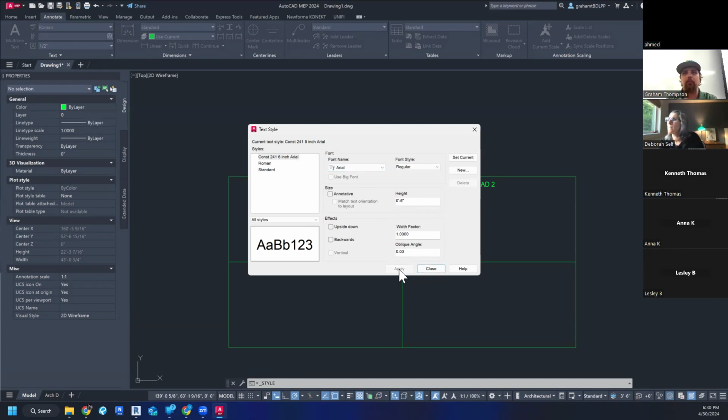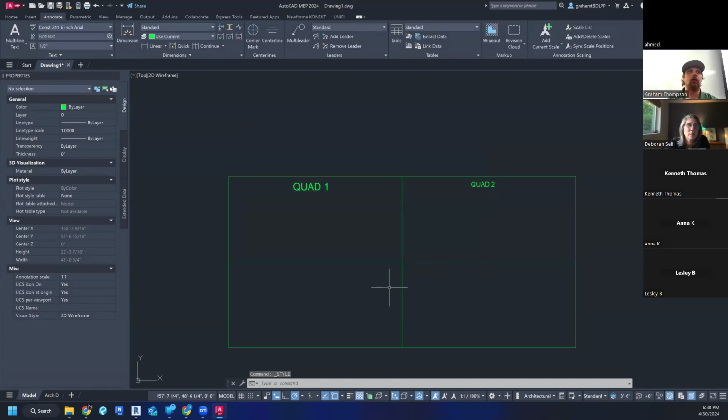And as soon as I click that apply button, that's like a save button, right? So that's going to apply any factors that you put on here, whether it is upside down, backwards. If I wanted to put that, we're not going to keep that on. Okay, our text is just going to be normal direction. But we now have this style. So when I hit close, now I go